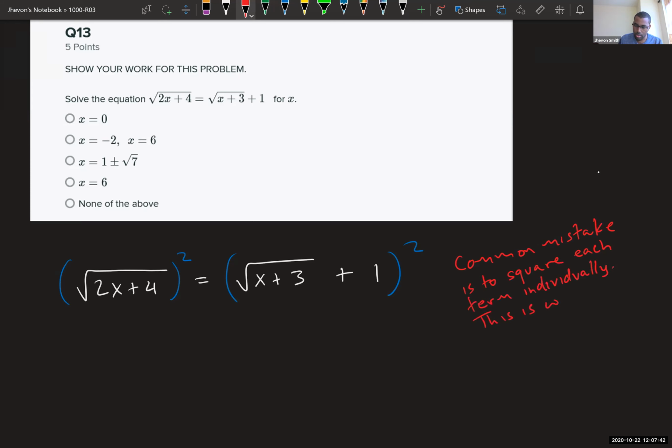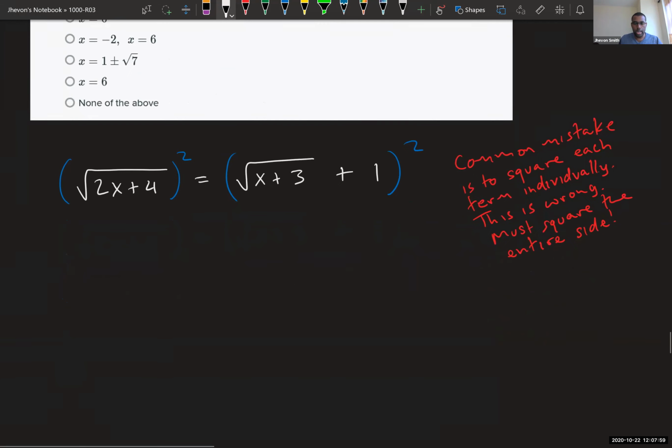This is wrong. Must square the entire side. Okay, so now when I square that, this kind of reminds you that now it's the radical of x plus 3 plus 1 all squared,